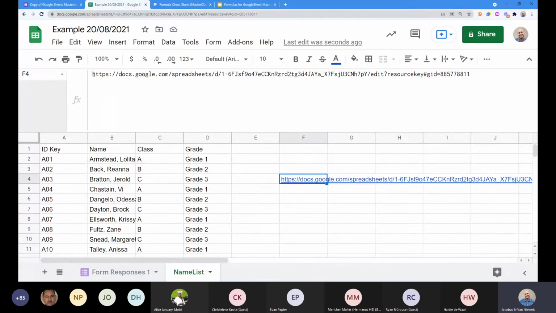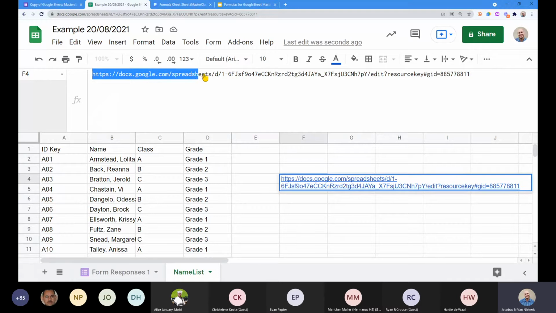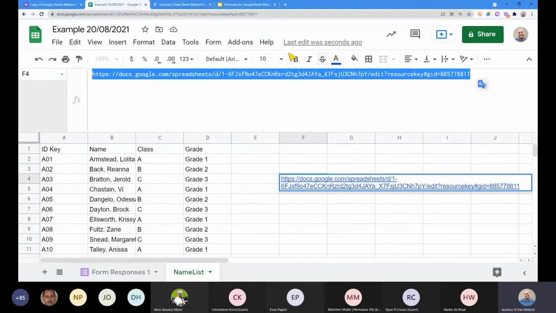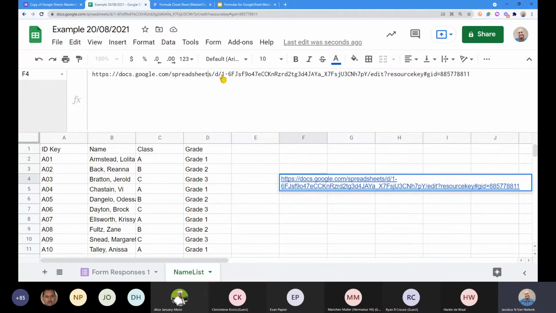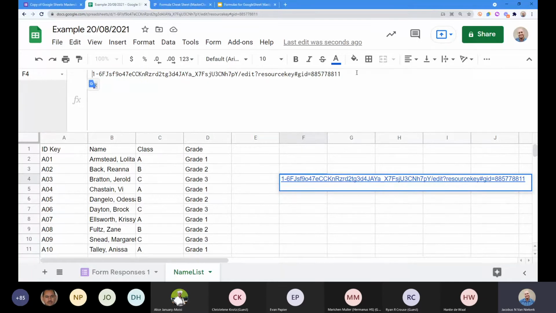So in other words, if we look at this long URL over here, there are parts of it that are not part of the ID key. Essentially, everything here in front, that part is not part of the specific sheet's ID key. So I can take that part away. And here at the back, I can select all of that and I can take that away.